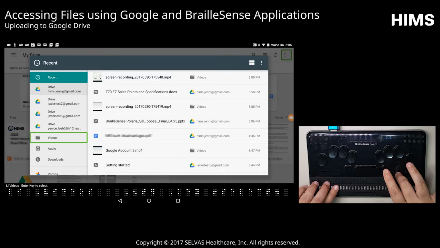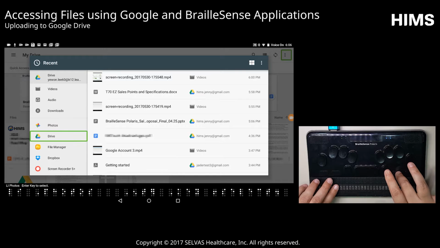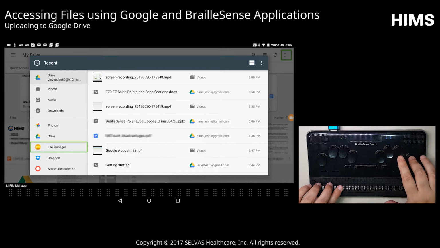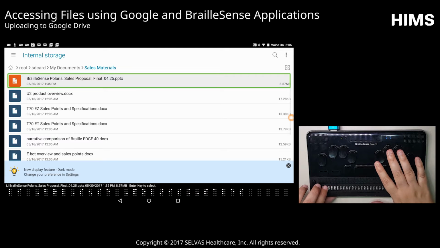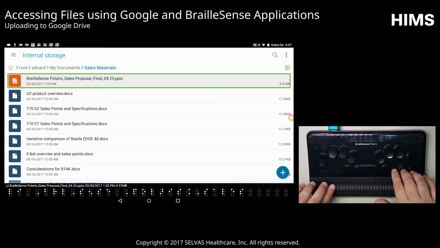List file manager, and this is what I want, so I'll press Enter. And it places me in the most recent directory that I used, and that was a directory called Sales Materials. If I wanted to navigate up and go back a level in the directory structure, I could use the F4 key or Escape key here, but actually what I want is in this folder,